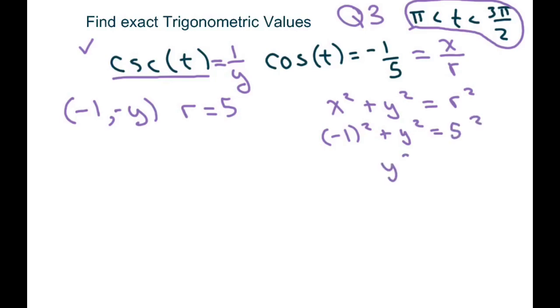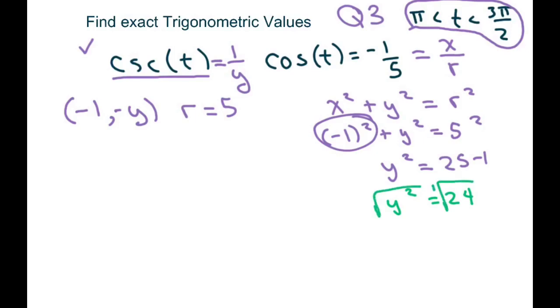Basically, y squared equals 25 minus 1, because this equals 1. So y squared equals 24. Take the square root of both sides. Don't forget to put the plus and the minus. So we get y equals plus or minus